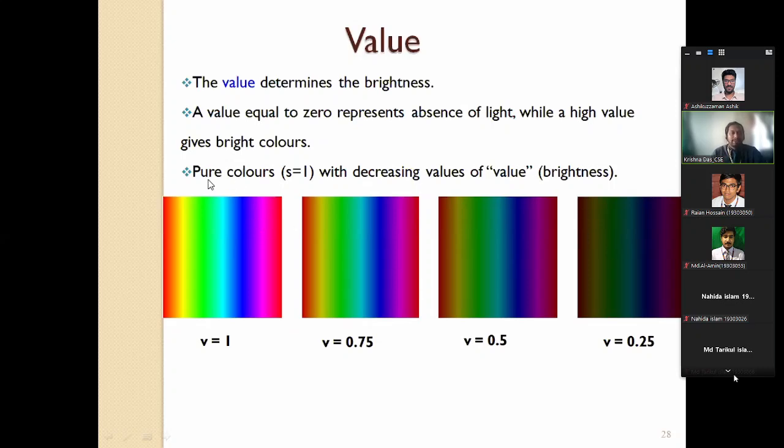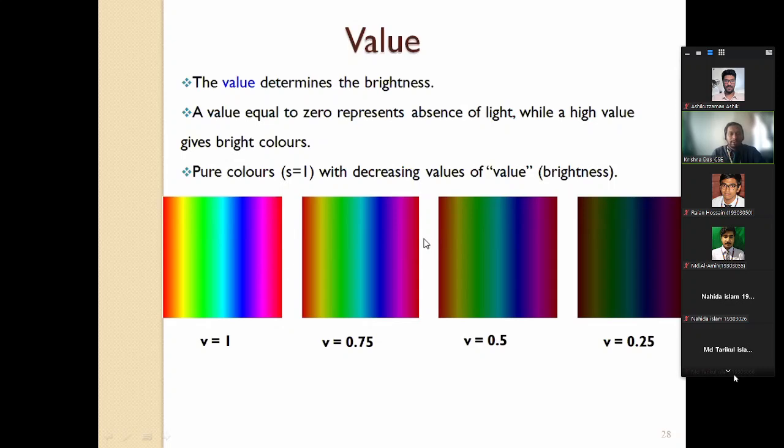So pure colors, where the saturation is high, with decreasing value, the brightness is showing in here.